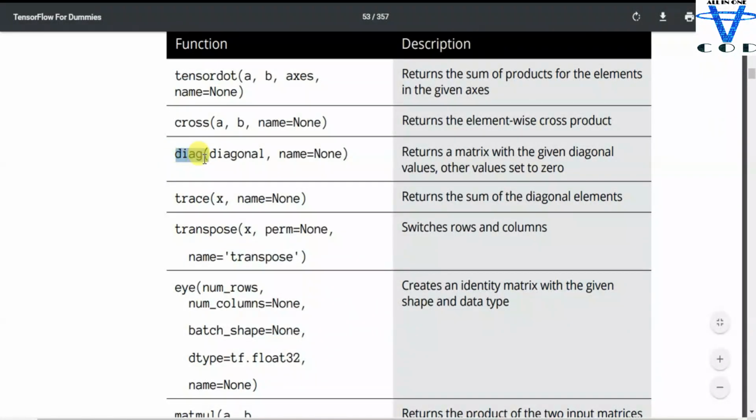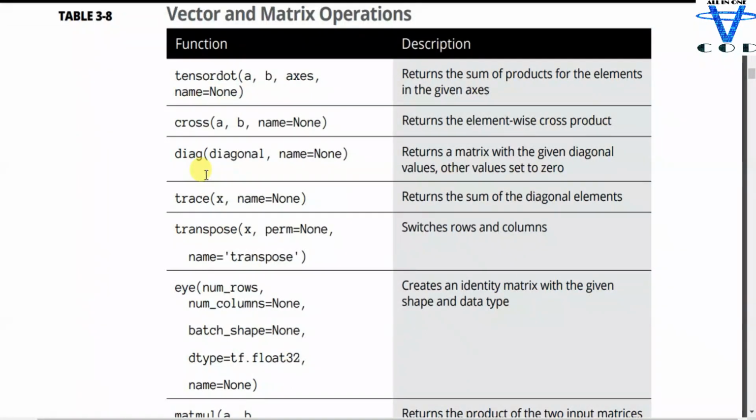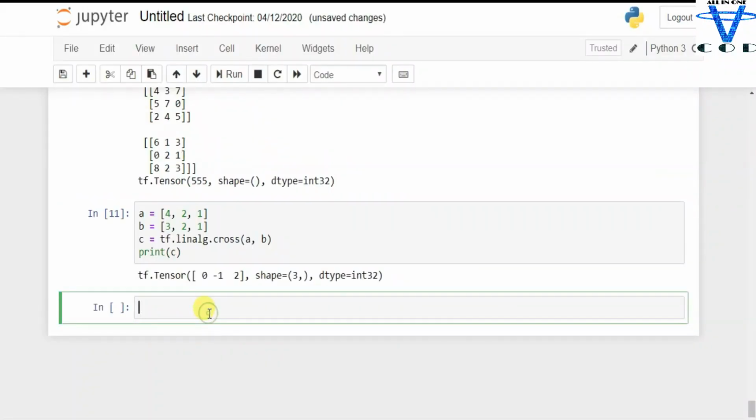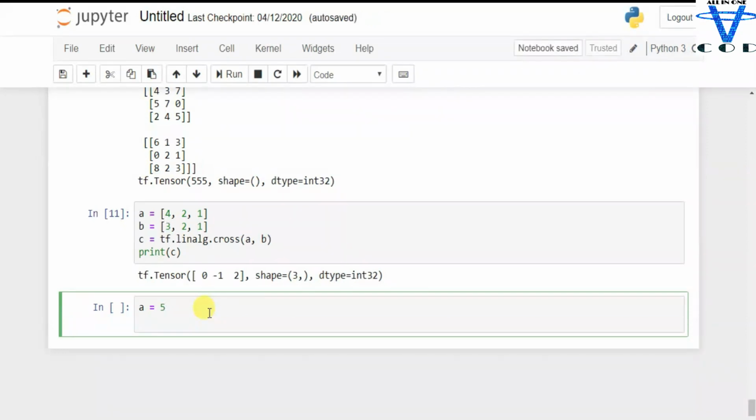The third function is diag, which is the diagonal, and takes only one parameter, diagonal. It returns a matrix with the given diagonal values, other values set to 0. If you know what a diagonal is, you know what this function does. Let's say A equal to 1 2 3, or let's add only 5 in here.